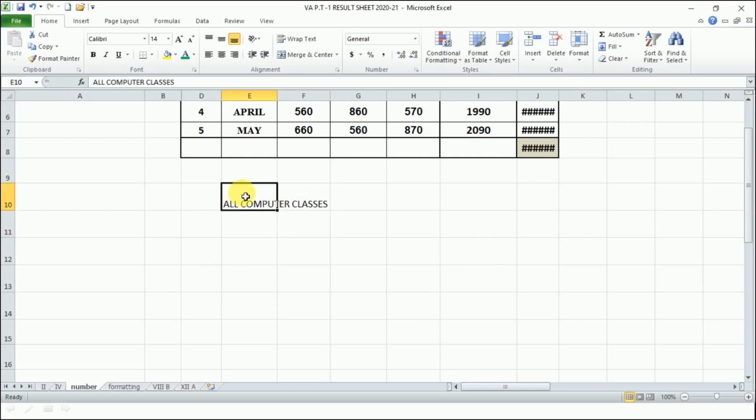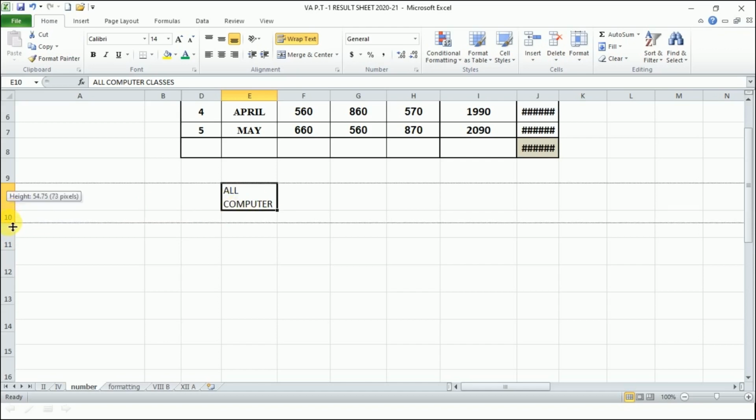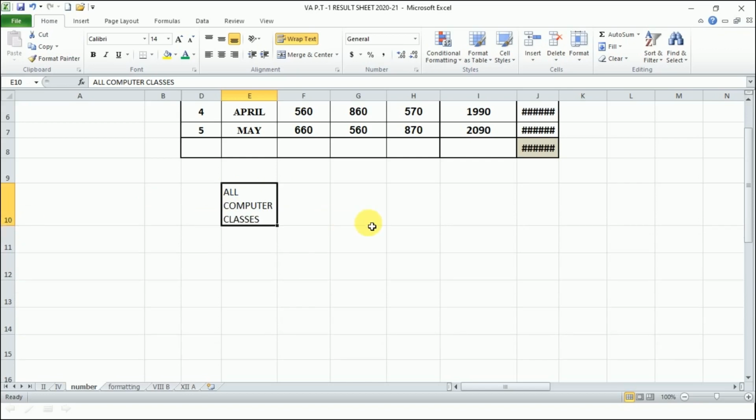So if I want to bring it within a cell, what I can do, just click on the cell, and here in the alignment we have wrap text. So if I click here, it will bring this content in the single cell and in the multiple lines, right? You can see if I increase the height of the cell, you can see the text is within the cell and in the multiple lines. So this is a very useful option in Excel. This is wrap text, right?